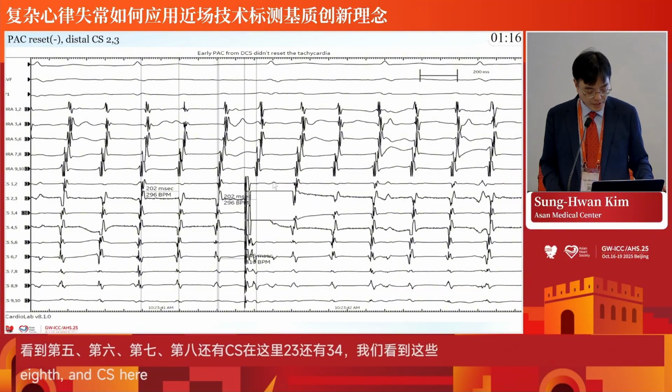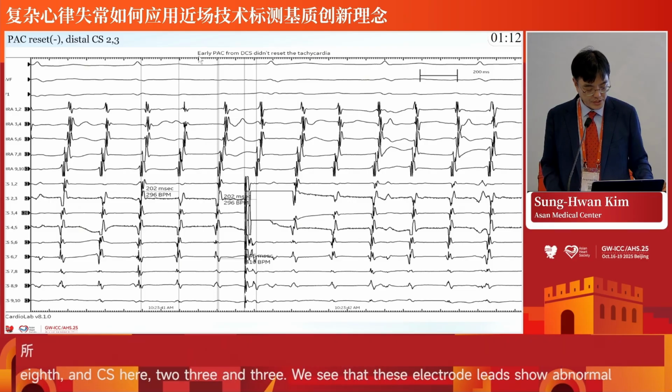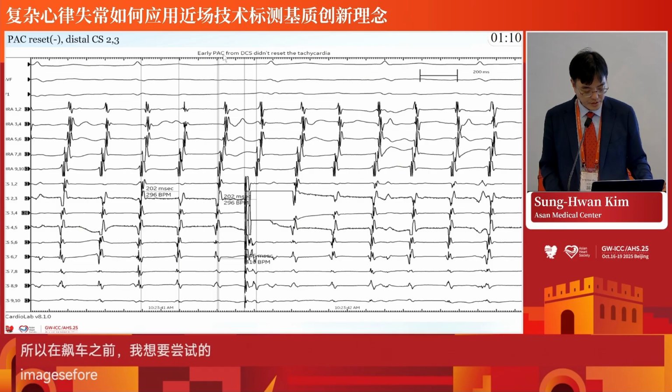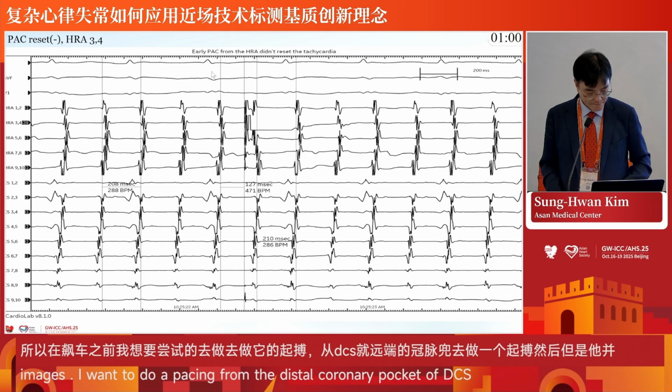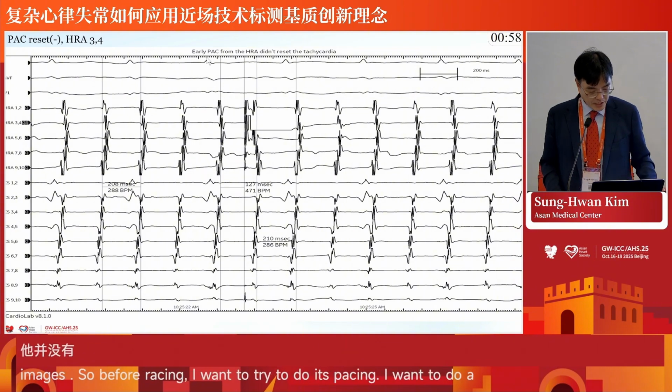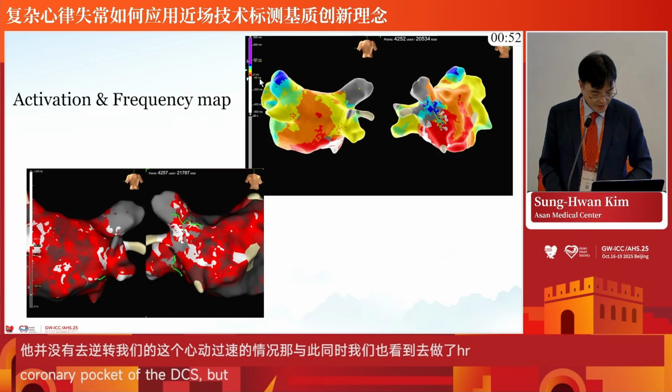Before mapping, I tried to give early PAC to get a quick assessment of the mechanism of tachyarrhythmia. So I gave early PAC from the distal sinus, which did not elicit the tachycardia. In addition, early PAC from the high RA did not elicit tachycardia as well. And next,